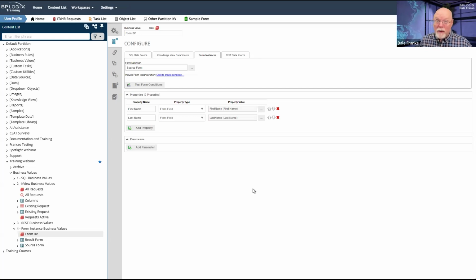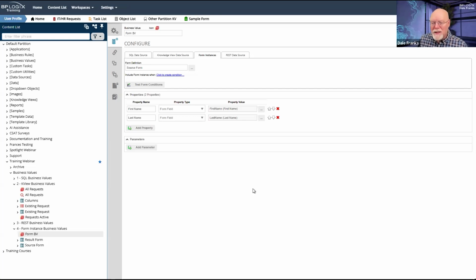It's real simple on the front end, the part that you see. The back end is horrifically complicated and soaks up a lot of system resources. However, most of the time, whenever you're pulling back a knowledge view, you're just pulling back form instances. So rather than pull from a knowledge view, there is the form instances data source.